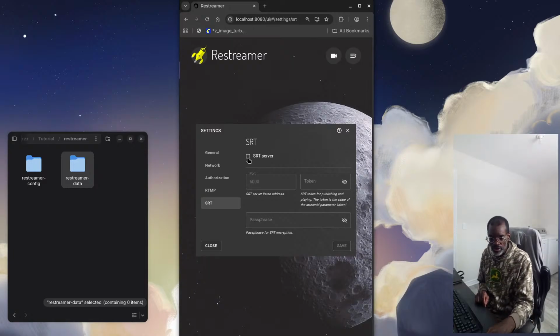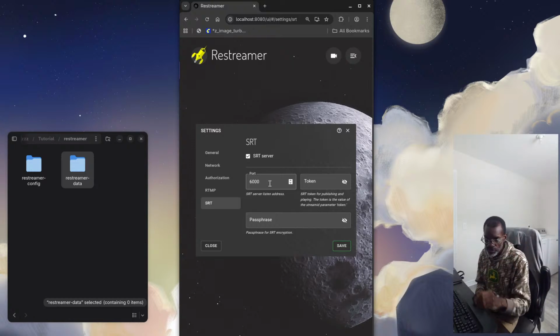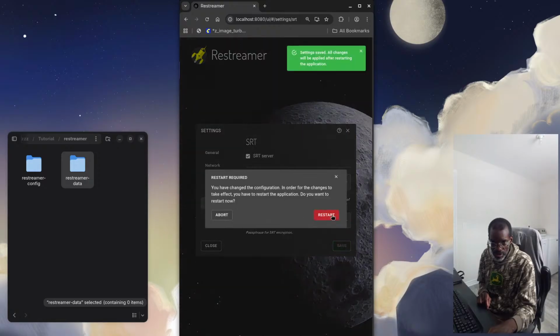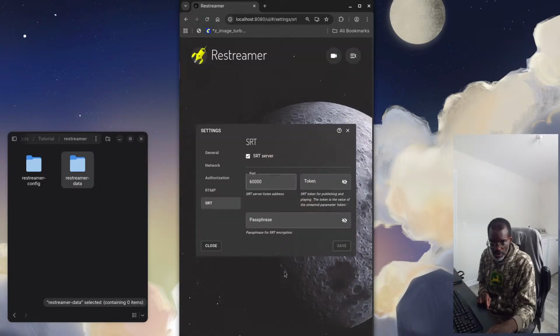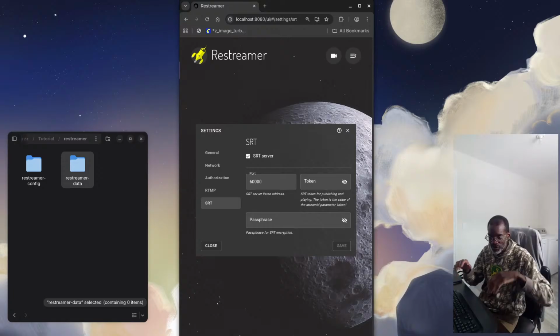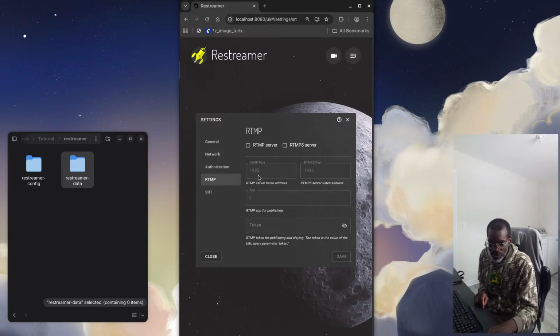What I need to do here is enable it, and if you remember, in our settings it was port 6000, but because I changed it to 60,000, I'll make sure I set it here to 60,000. If you want to put a password, you should put one in here. I'm just going to hit save, and it says a restart is needed. Fine, let's start it. It's restarting, that's perfectly fine. Now it's working. I said you can leave the default settings. The reason I changed them is because I'm doing a live stream right now, so I don't want any conflicts. And then obviously you can also go to RTMP here.